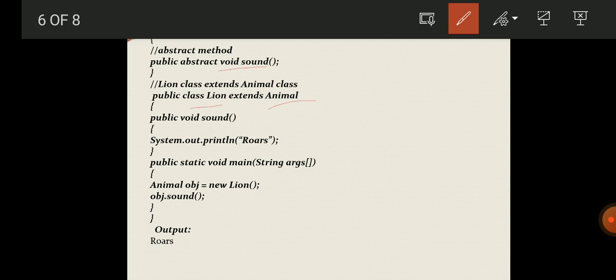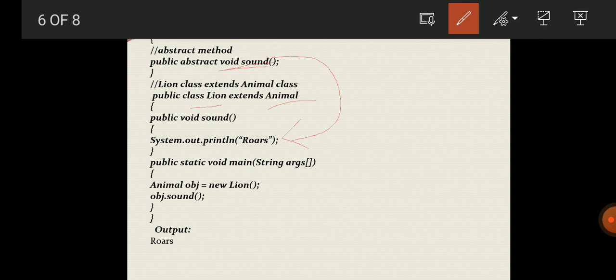Now, in the parent class Animal we have declared the sound method, and the implementation is available in the subclass: void sound(), System.out.println roar.